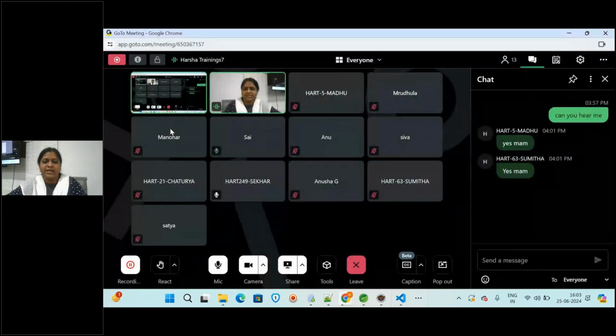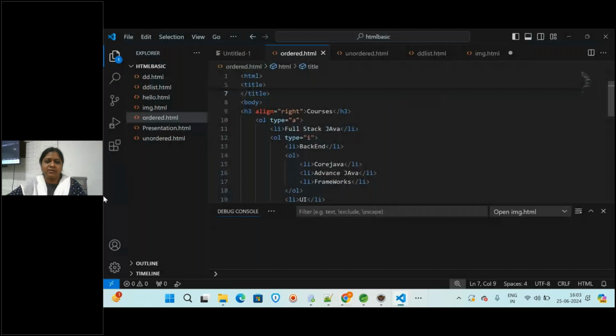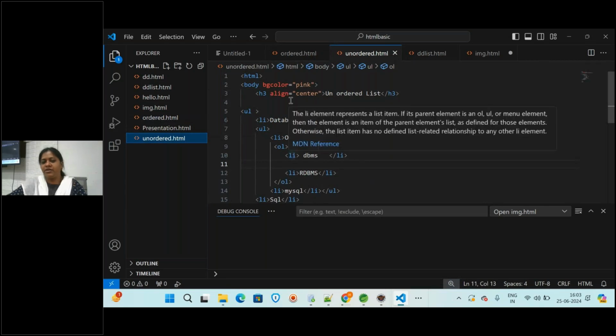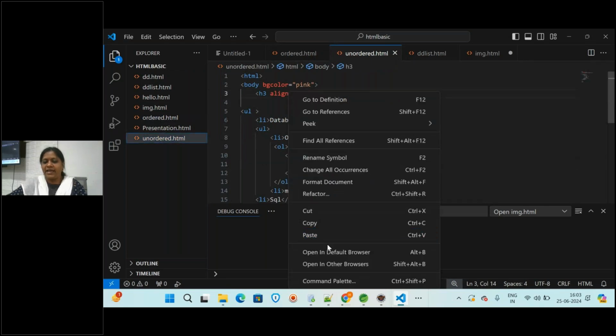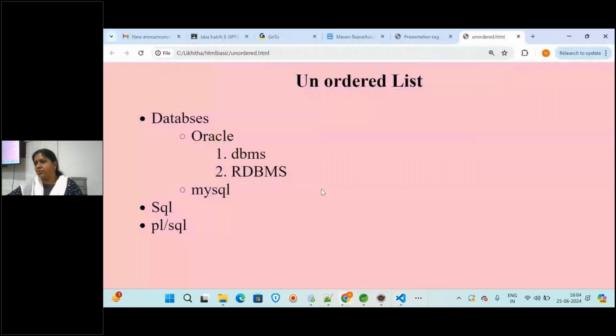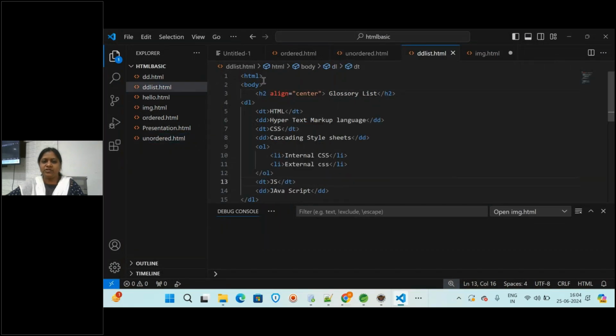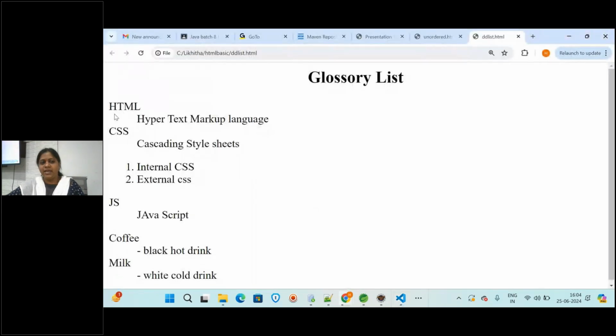Okay, and we are differentiating, in one ordered list, one more; like this we have created the nested list. And we also saw the unordered list. In the unordered list we have given this combination. In the unordered list we have given an ordered list also, as we saw in the last session. I have shared all these examples, you can go through them. Like this we have given a data definition list also. Okay, this is the data term and this is the data definition. All these we have covered.